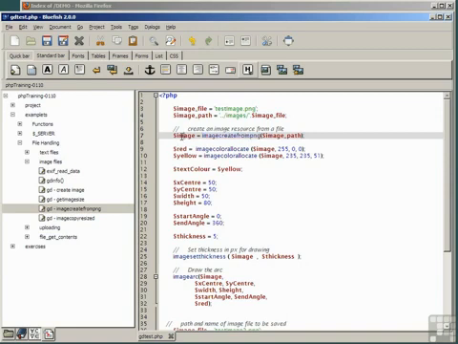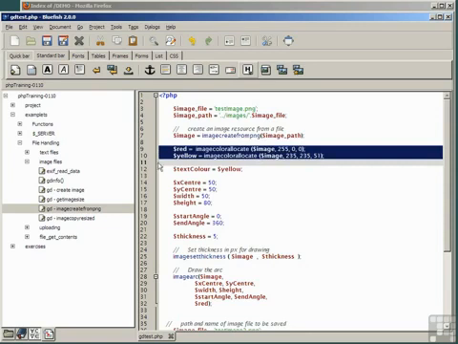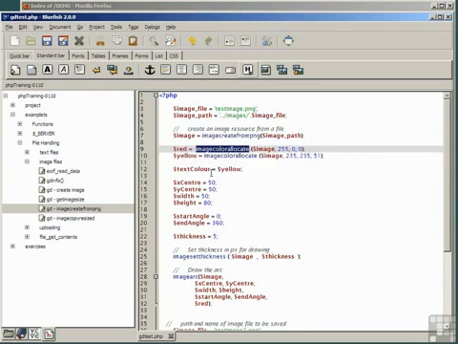We create the image handle using the function image create from PNG with the argument image path. We'll then set some colors that we can use in an image. Remember, image color allocate, so we're allocating a color to this image, red and yellow, and we're going to make